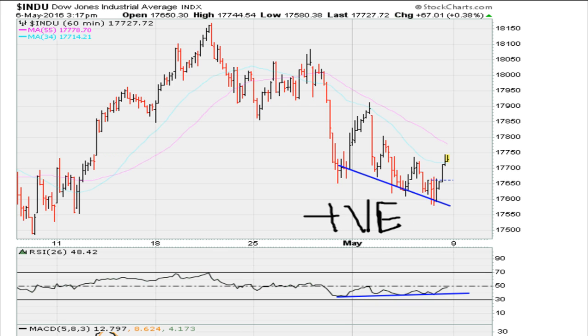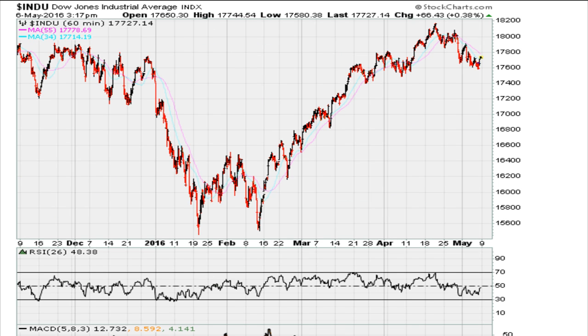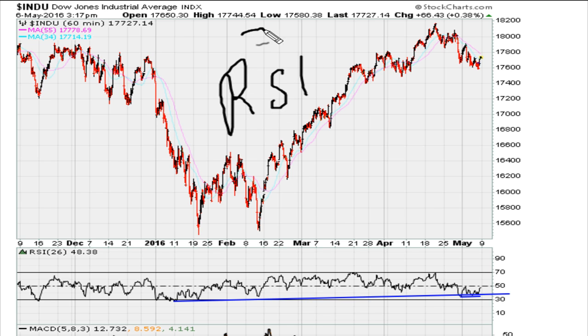What's actually interesting is this line here goes back to the lows of February, and let me show you that. So if you take a look at the lows, going back to the lows of February, January here, and extend a simple line, you can see that the line that we had drawn previously on the 1 month chart was right there. So that line goes back. It's a good support, which might explain why the market is not dropping. And again, a reminder here, we are using RSI setting of 26 to analyze this hourly chart.